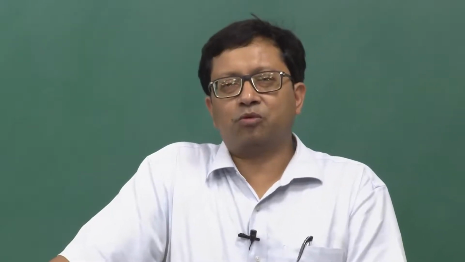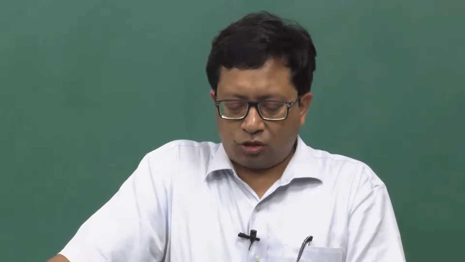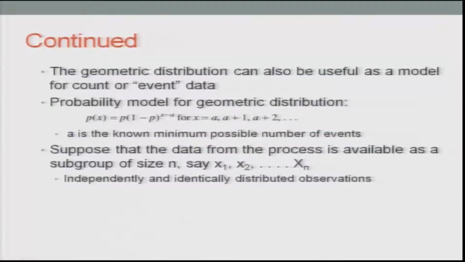So, we want to find out that if an error has a probability of p, then obviously the probability of not having an error would be 1 minus p. The moment the first error occurs, you will take corrective actions and make a note of that. So, the probability model for the geometric distribution is given as p times (1 minus p) to the power x minus a,